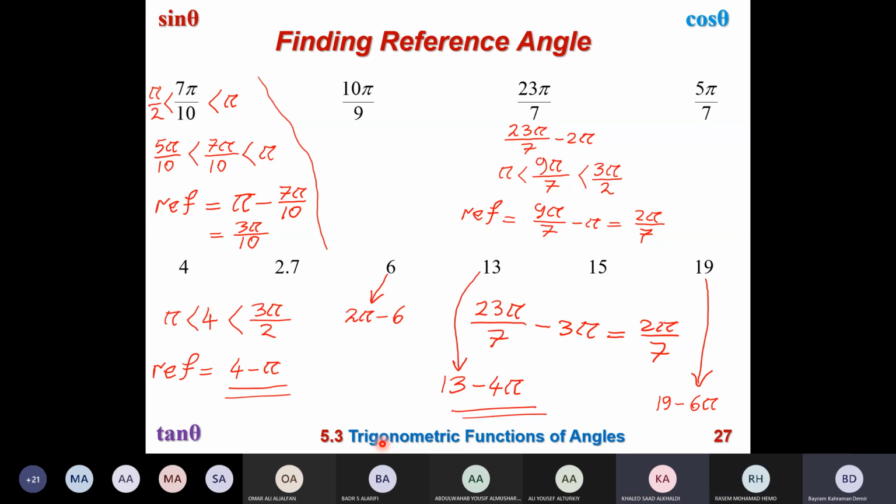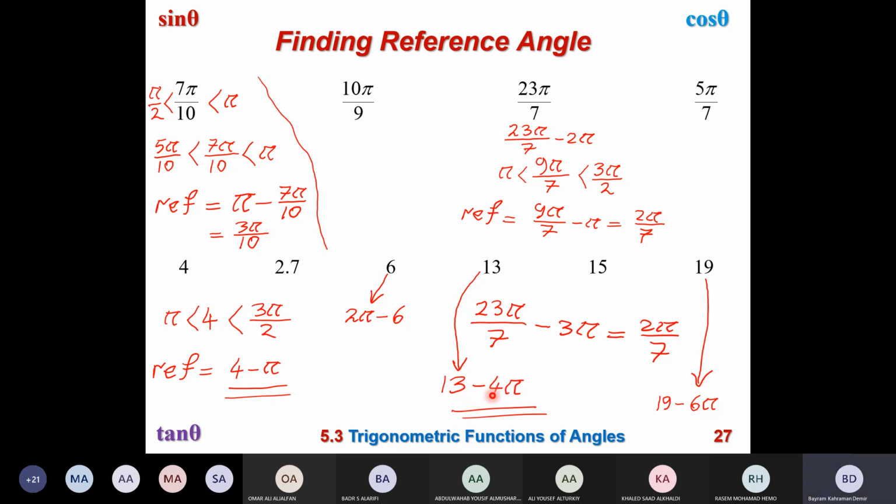So 13 is greater than 2 pi, greater than 4 pi. So do we need to find a coterminal angle here? Yes, when you subtract 4 pi, you will get 13 minus 4 pi. Shabab, now this will also be a reference angle. It is coterminal, but also a reference angle,